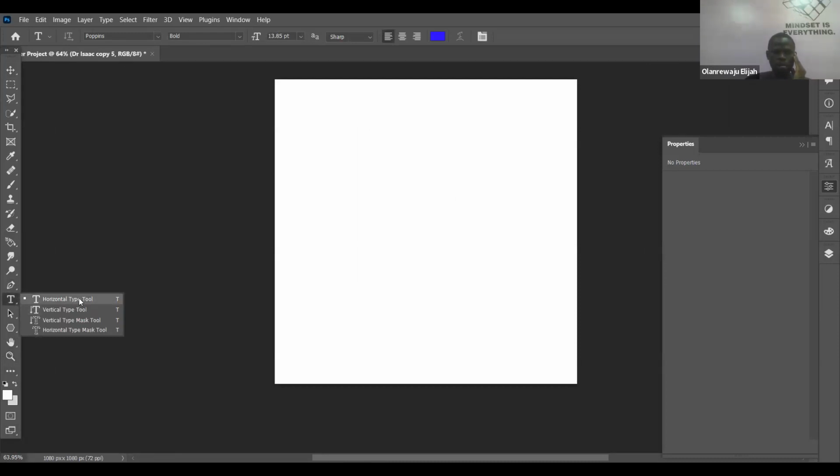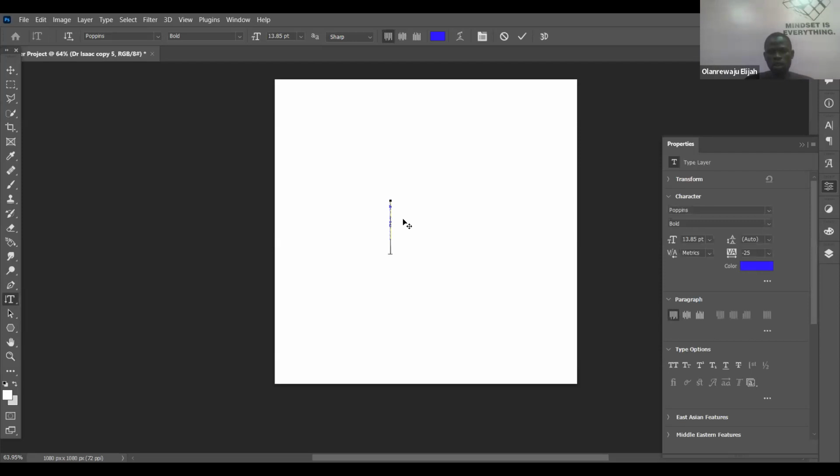Horizontal type tool. So now if you mistakenly click here, vertical type tool, so you are typing and it is going on what? Vertical. It's typing vertically. What do you do? You just come to this place and change it back to what? To horizontal. Right? Can you see? This horizontal layout. Do we get it?